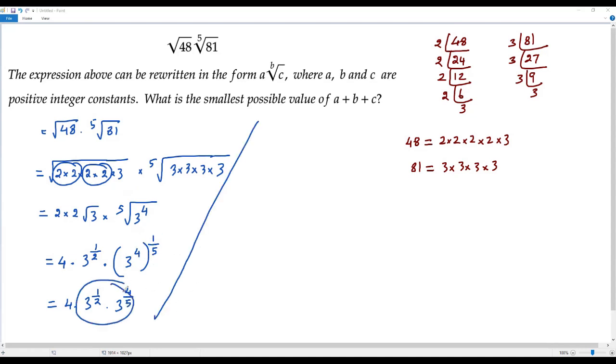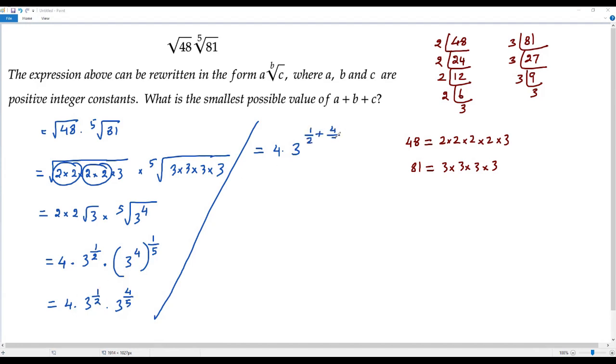Here we multiply two powers with the same base 3. Whenever we multiply two powers with the same base, we can add the exponents using the product rule of exponents. Okay, let me do it over here. That is 4 times 3 to the power of... Now let me take the base once and add the two exponents, 1 over 2 and